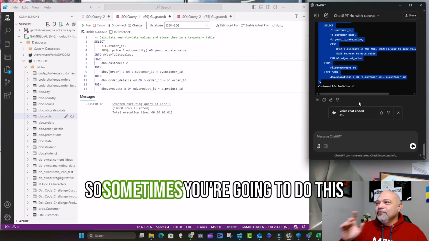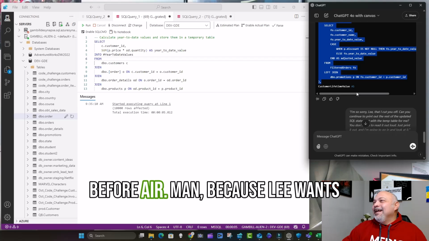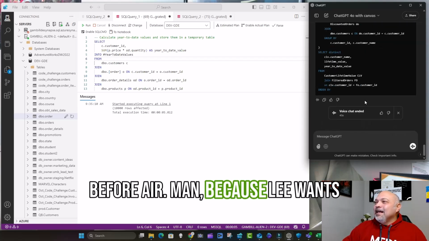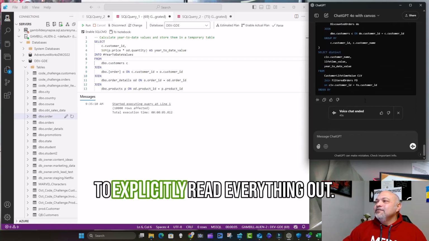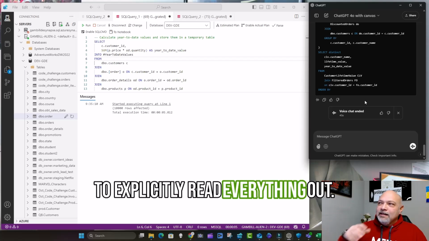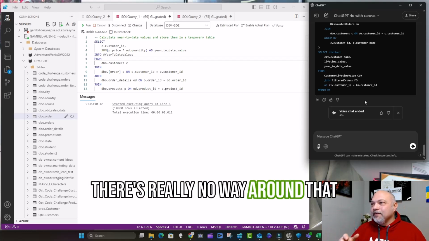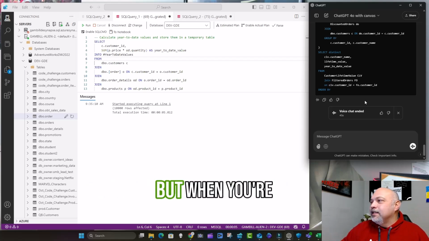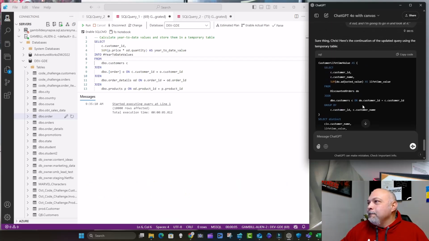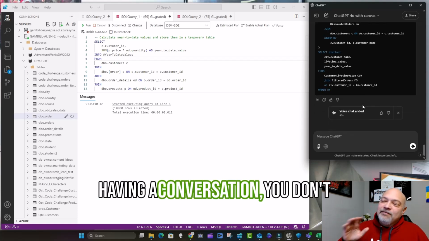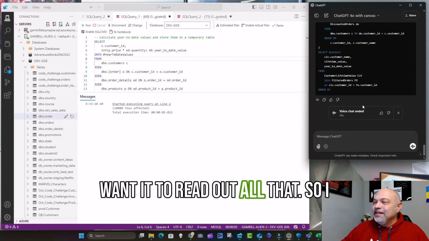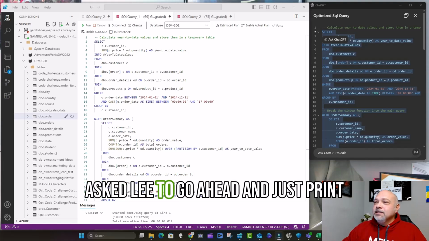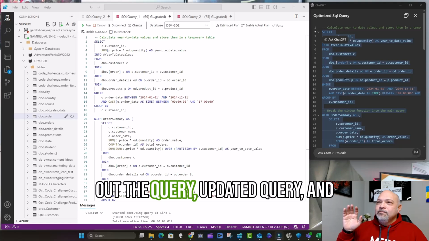So sometimes you're gonna run into this where Lee wants to explicitly read everything out, and there's really no way around that right now. I'm hoping in the future they could enhance that so that you could tell it to just print it. But when you're just having a conversation, you don't want it to read out all that. So I asked Lee to go ahead and just print out the updated query,